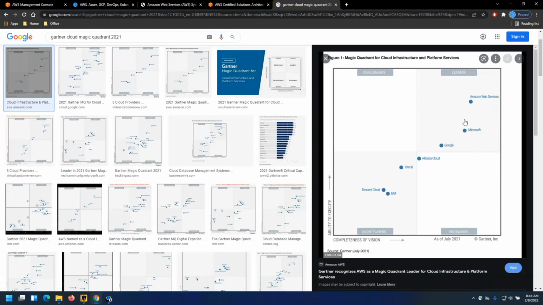Here we're talking about cloud vendors, so these are the vendors actually leading the market currently. Challengers are those who are falling behind. They rose up to a certain level, and after that they stopped performing. In our case, all three major cloud providers are in the leader section.